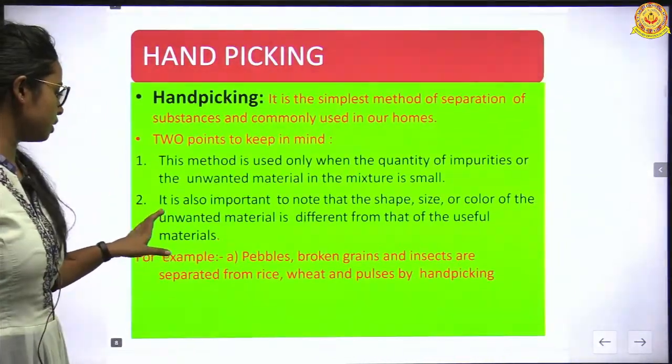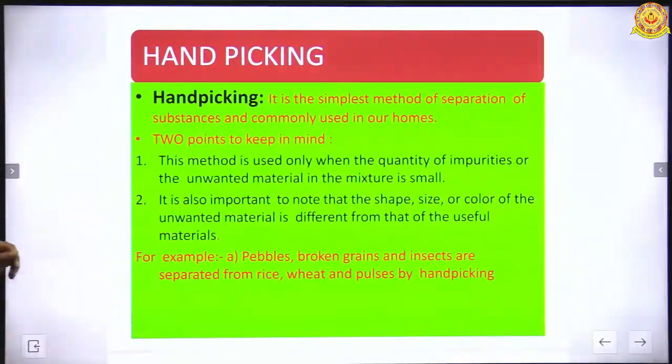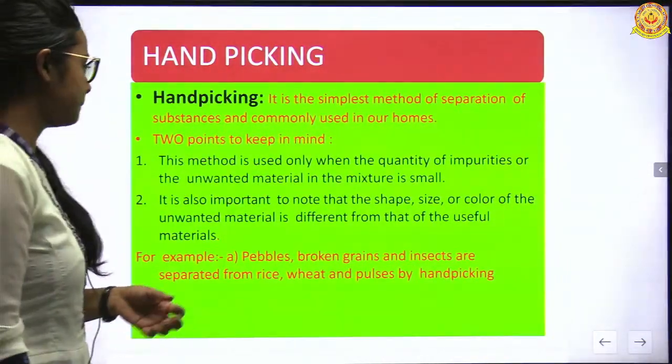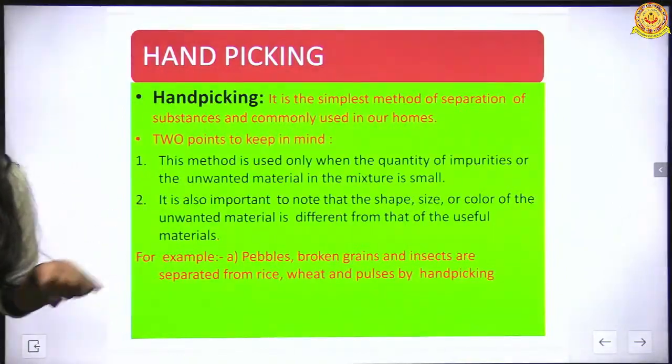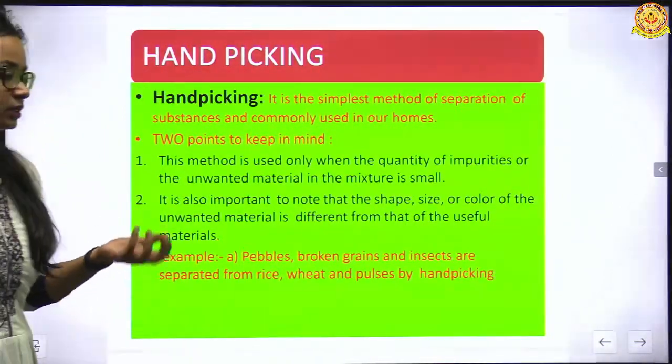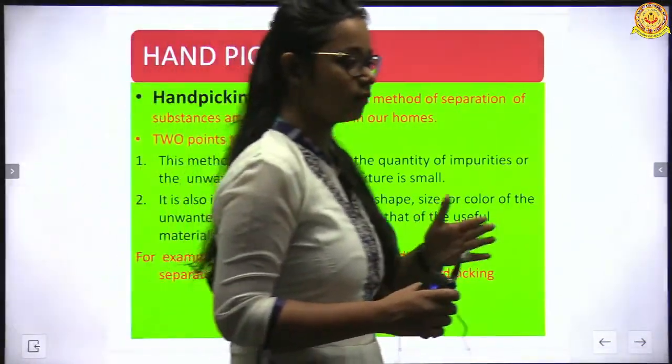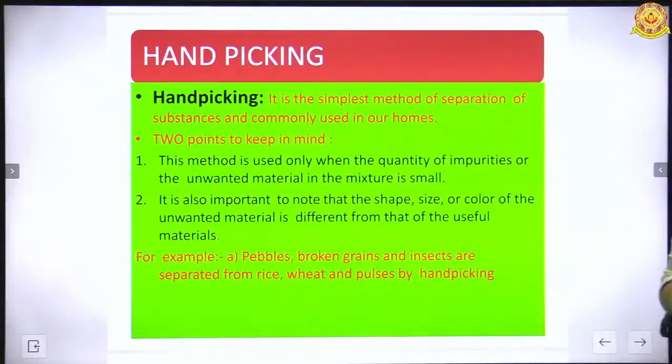Second, it is also important to note that the shape, size and color of the unwanted material is different from that of the useful material. What you have to keep in mind is that the useful components must be completely different from the non-useful components in terms of shape, size and color. For example,